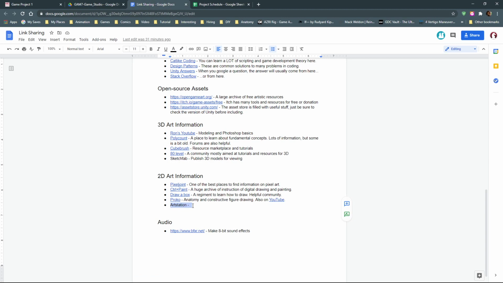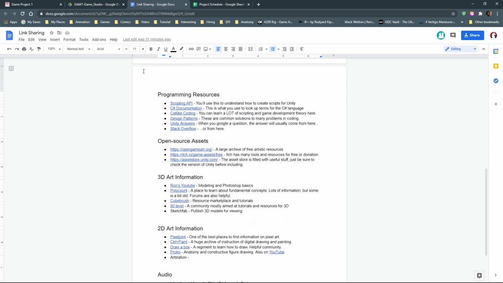Down in the 2D art section, I'm going to fill this one out, and then in the 3D art section, I'm going to fill this one out. I'll probably try to provide a couple extra options as well. Okay, that's fine. I think I'll probably just submit mine through Google Drive. It looks easier. That is easy, yes. Okay, great. Thank you.